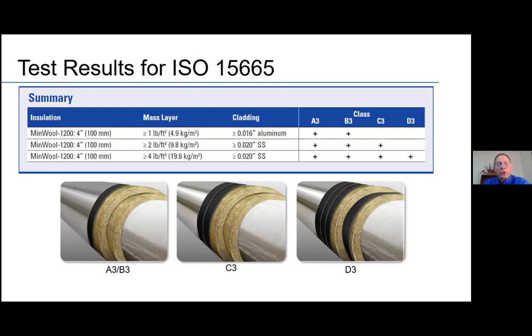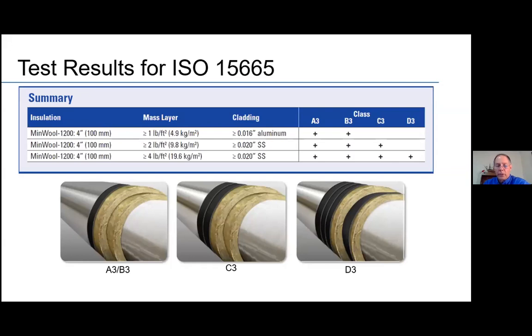And then you see the description of the system. So in this particular case, the AB system is 2 layers of mineral wool with a layer of mass-loaded vinyl, and then an aluminum cladding, and that meets the requirements of your A or B system. Then your C3 system is the 2 layers of mineral wool with 2 layers of vinyl, 1 pound vinyl, and again, a cladding system, but in this case, it's a 020 stainless, and that meets the requirements of your A3,